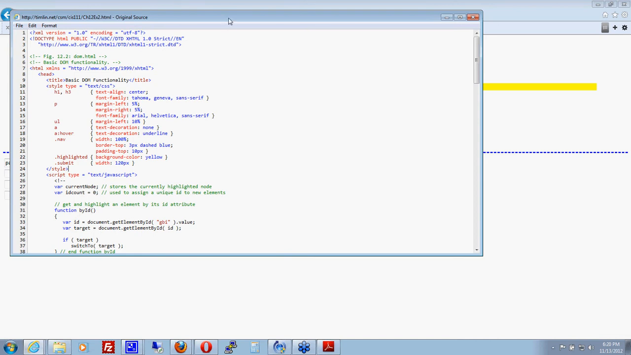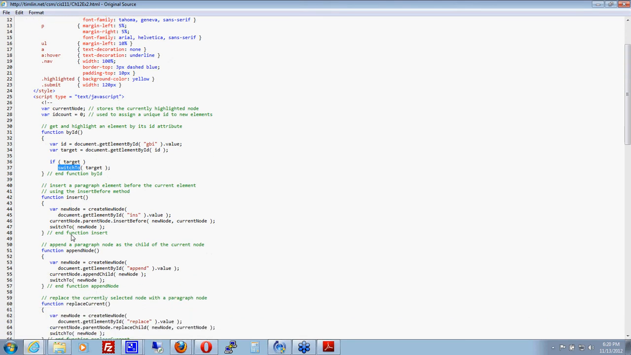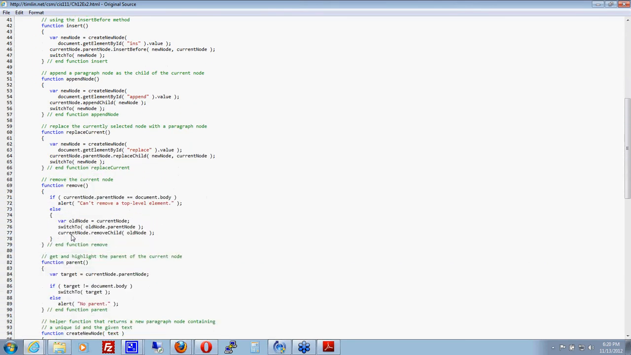So if we look at what it's doing here, you've got a couple of options. Function get by ID essentially does that, and what it does is it gets the element that you type in there, gets a reference to it, and calls this switch to function, JavaScript function, which if we look down here,